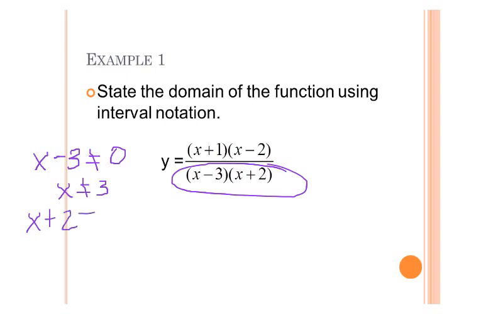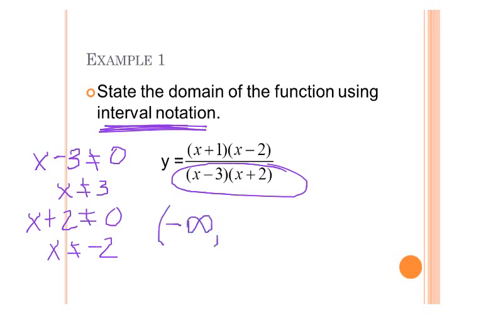X plus 2 cannot be equal to 0. So x cannot be equal to negative 2. Now, we want to state this using interval notation. So all real numbers are perfectly fine except negative 2 and positive 3. So from negative infinity to negative 2, and I'm using parentheses around them to show that those values are not included, union negative 2 to 3,